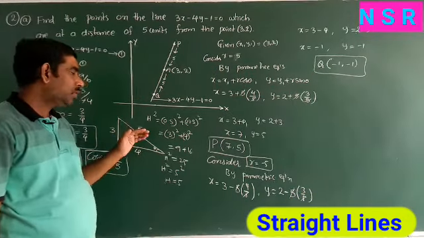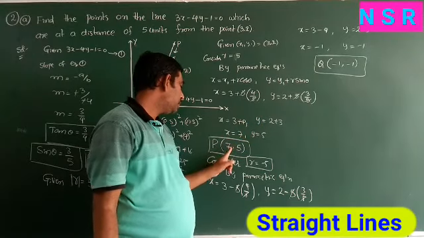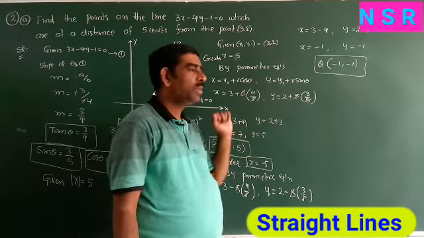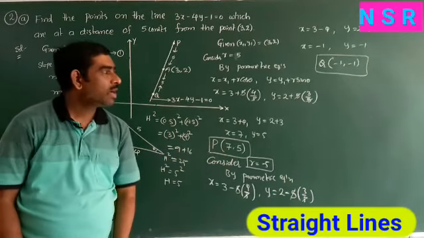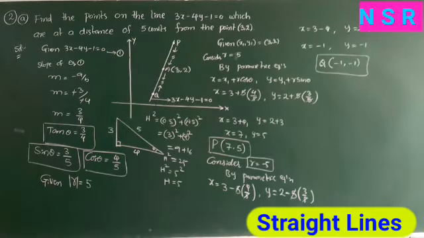So are the answers correct or not? How to check whether the answers are correct? Just find the midpoint of PQ. (x1 plus x2) is 7 minus 1, 6 by 2 is 3. And 5 minus 1, 4 by 2 is 2. So (3, 2). P point is (7, 5) and Q point is (minus 1, minus 1). In this question you must remember: if we have to find 2 points on the line, you must use parametric equations.